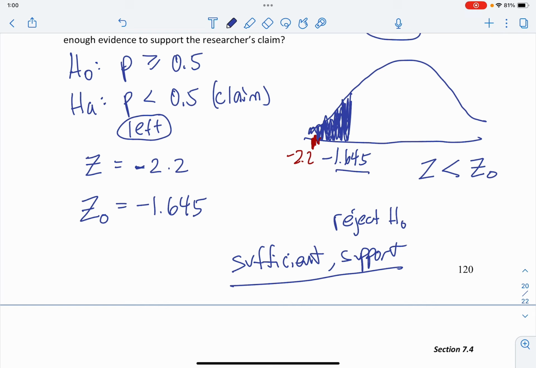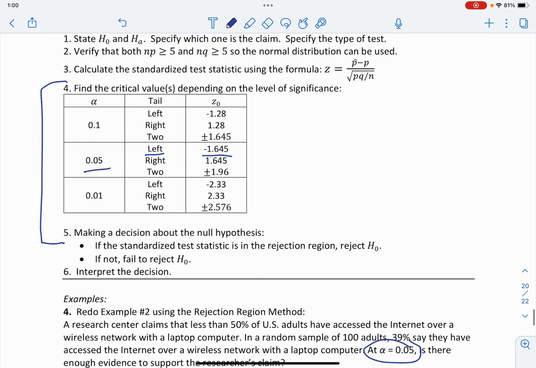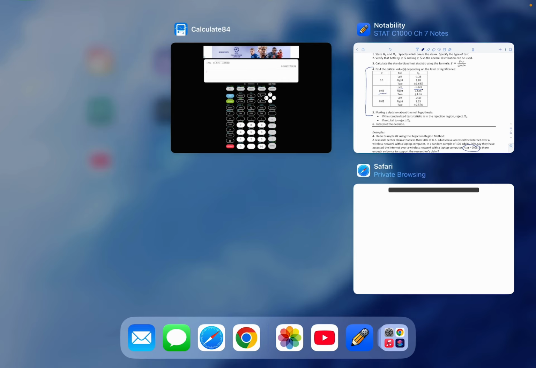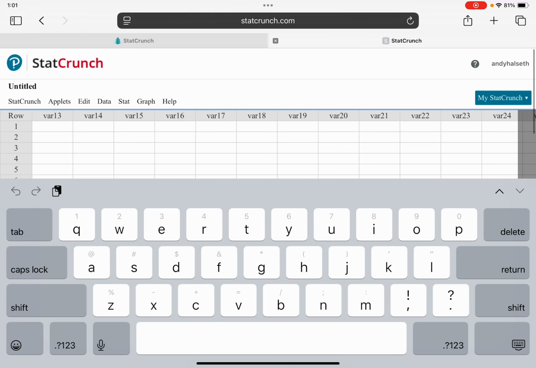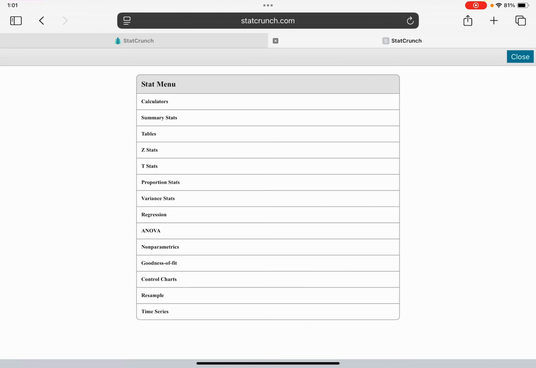Okay. You can also do this in StatCrunch, and StatCrunch will give you that critical value, and that's actually really useful if there's an alpha that's not in this little handy table. So if you had something like 0.04 or some kind of weird level of significance, then use StatCrunch for that. And the way to do that is we'll just go to Stat, and this is Proportion Stat,